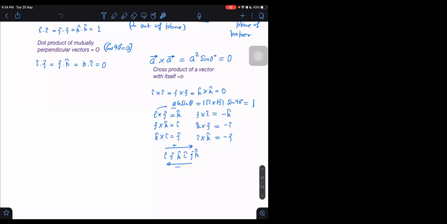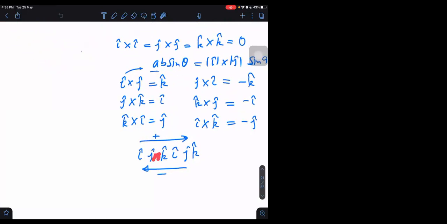Okay, started. So we did alphabetical order yesterday, right? It means if I have to take the cross product, then if after I comes J, then I cross J will give us K. J cross K will give us I. K cross I will give us again J, and so on.